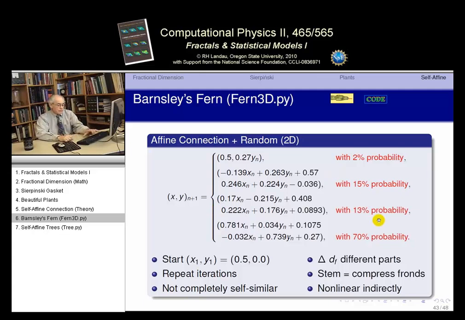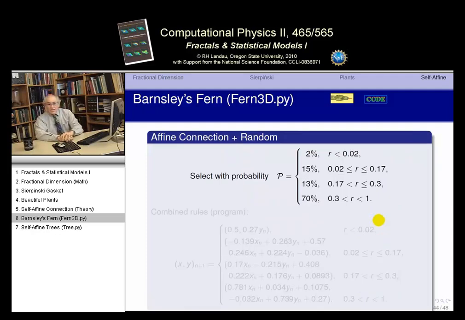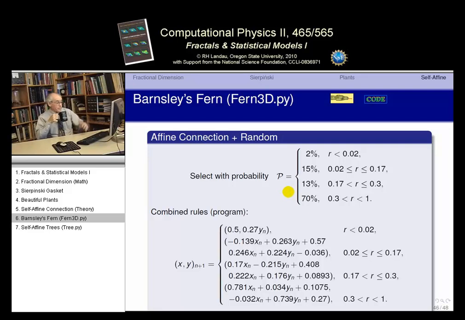How do I pick numbers with different probabilities? Well, the answer is very easy. If you want to have something with 2% probability, you just choose a random number between 0 and 1. And then if the number is less than 0.02, which should only occur 2% of the time, then you say that gives me 2% probability. If the number, say, is between 0.02, which is taken, up to 0.17, that's a range of 0.15, that's 15% probability, etc. 13%, 70%. So if we combine those two rules together, and this is useful for programming, we get